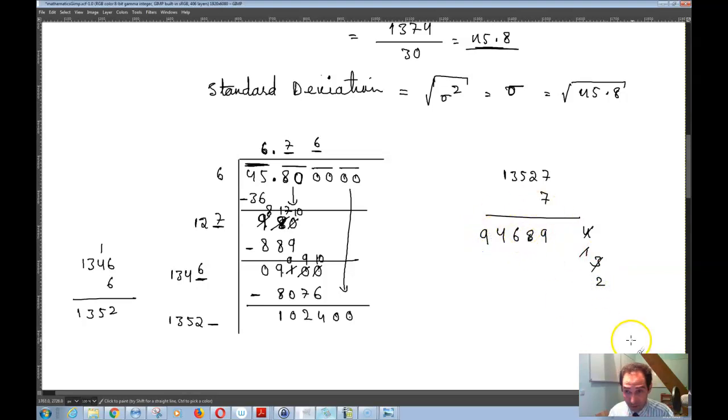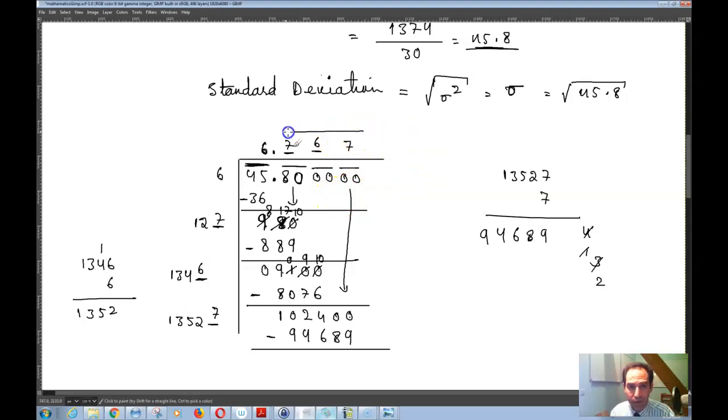94,689. And I suppose you cannot go any further than that, meaning that if you go 1, 3, 5, 2, for example, 8 times 8, you would get 108,224, which is larger than this number. So I go for a 7 and a 7 over here, and I will get 94,689. And then you need to, of course, do the subtraction. You get some numbers here, and again you can just keep doing the same thing. So far I got